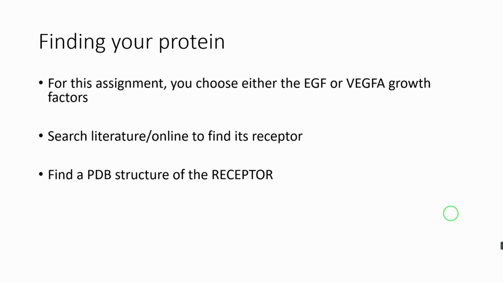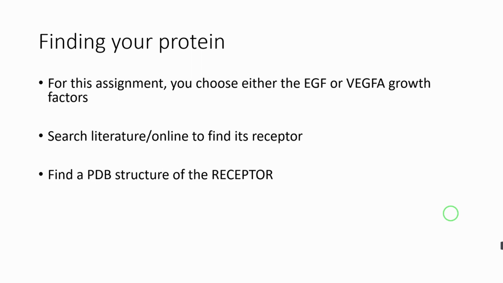And I think some students were getting confused about this. For this assignment, you are looking at the structure of the receptor, not the growth factor. You just need to do a little research to find out what the receptor is for your growth factor. Once you've found what the receptor is, then you're going to look for that structure of the receptor on the